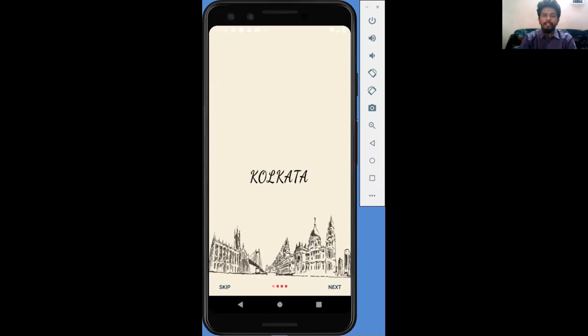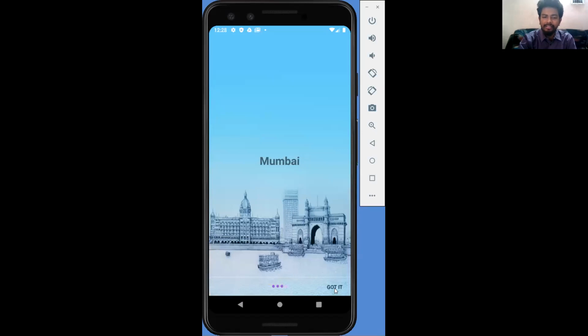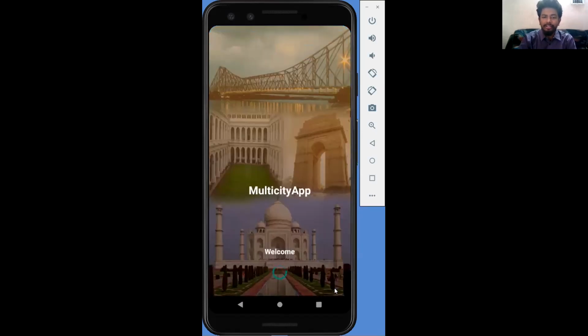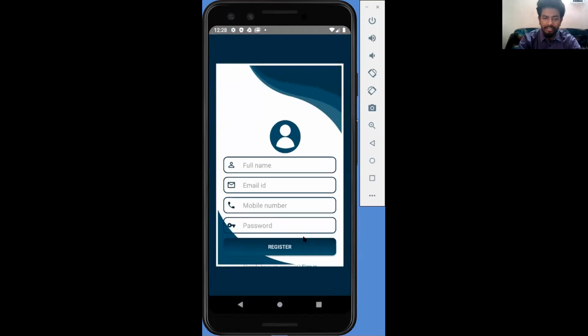After we've done the description of our application, once we run the application, this will be the first storyboard, which will give a brief description that these are the 4 default places in our application. On clicking the next button, you will end up with 4 different metropolitan cities in India, and then there will be a 2-second splash screen, and then it will go to the login page. Users can easily log in by giving their user ID and password, and if they don't have a registration, they can easily sign up by clicking this.